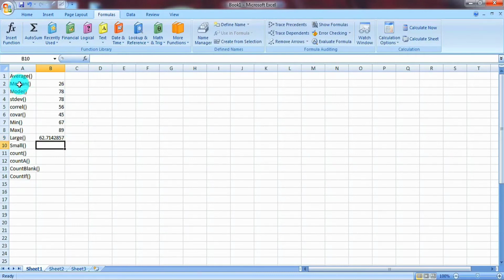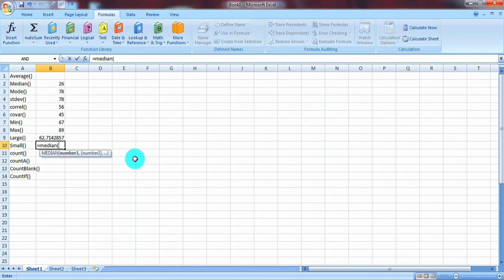Next one is median. The median function is used to calculate middle number in the given set of numbers. Median returns the median of the numbers in the middle of the set of given numbers.